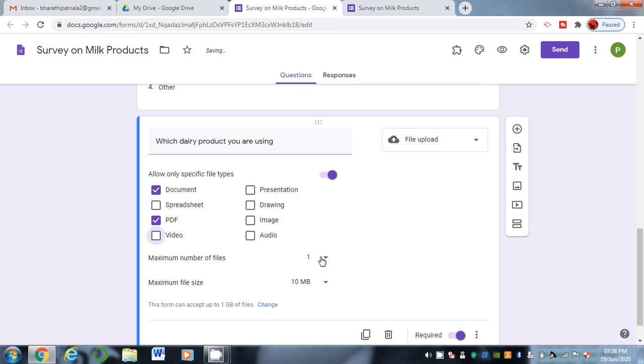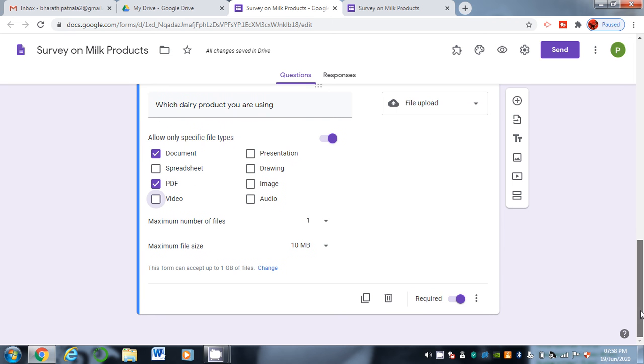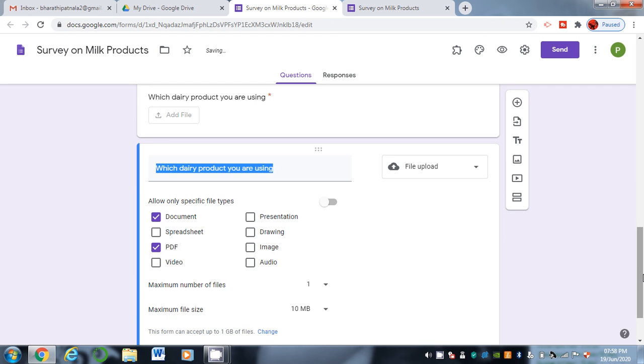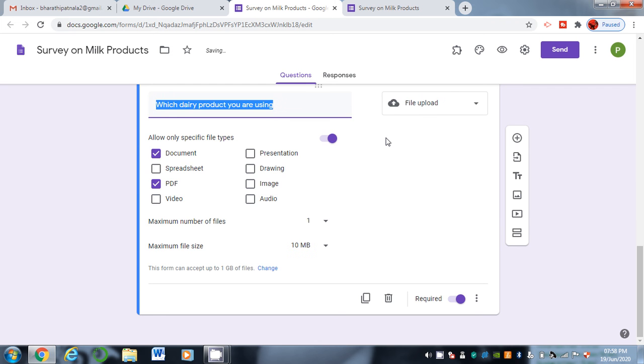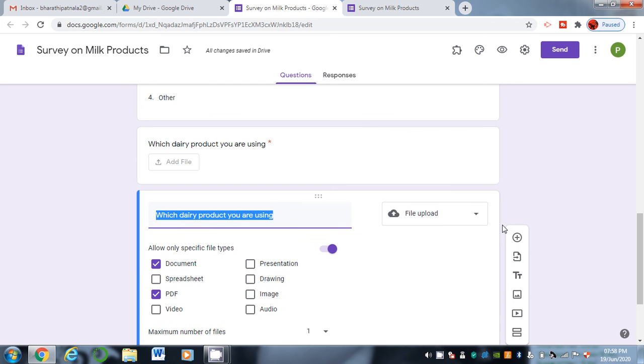Okay. So what maximum number of files do you want? Only one, and the maximum file size is 10 MB. Okay. So you can also collect files from the user. The next option is